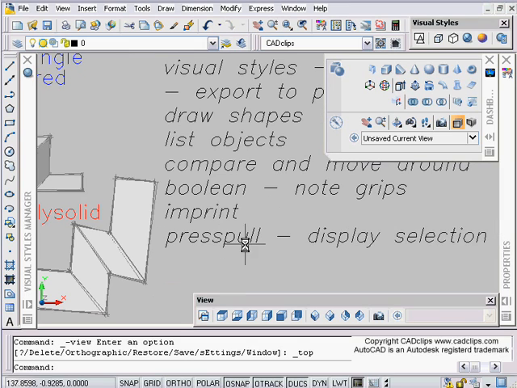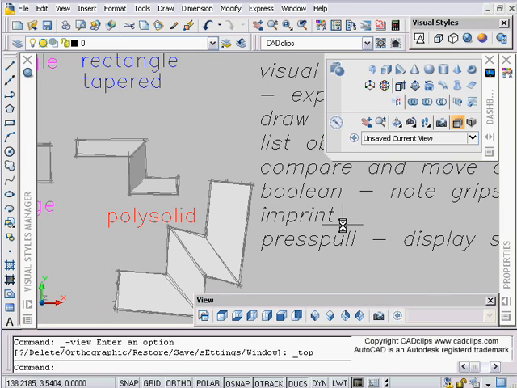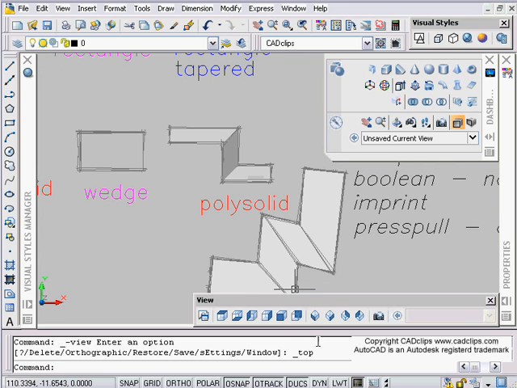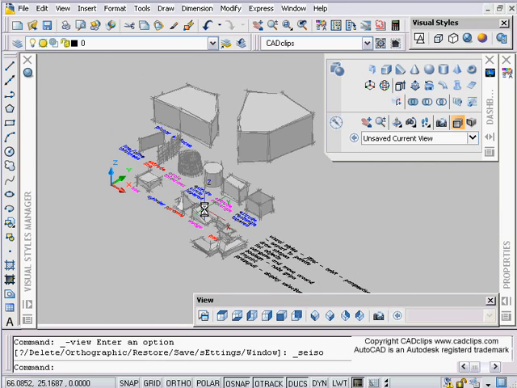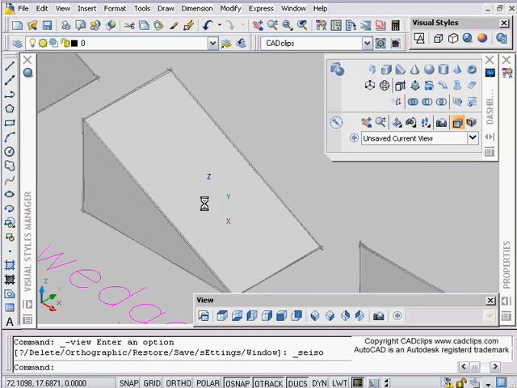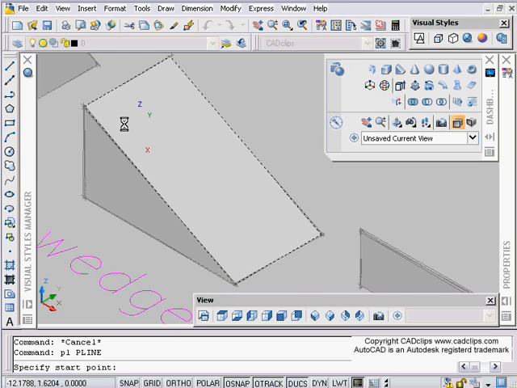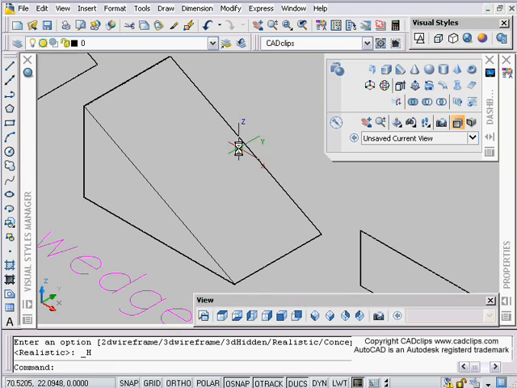The imprint, I just want to touch on a little bit about the press pull, and how display selection works with that, and we'll close it off for the time being. So we want to do an imprint. What I'm going to do here, because we have our great new DUCS command, is go in and draw a polyline, and then if my dynamic UCS is on, I can make sure I'm hovering over this, and